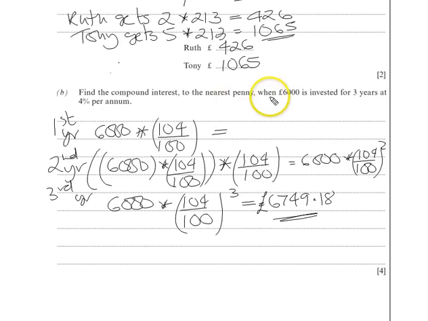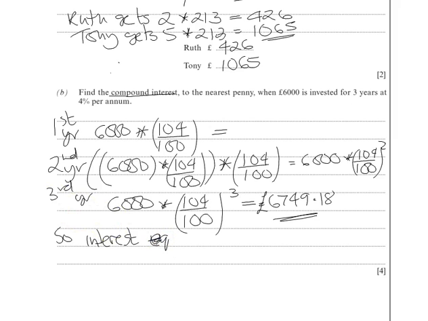But the point is, find the compound interest. So you've always got to double check you've read the question correctly. So that's not the interest, is it? That's how much £6,000 accrues to after 3 years. So the interest will be the difference between what you've now got in the bank and what you had to begin with, the 6,000. So interest, let's write it like that,